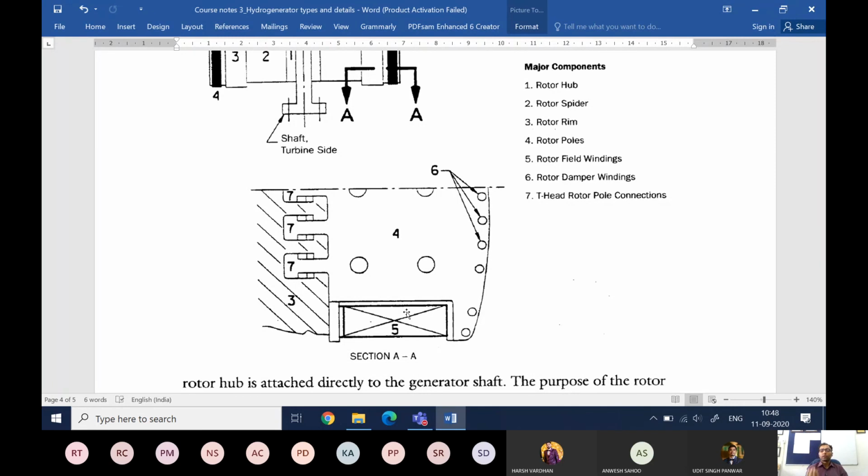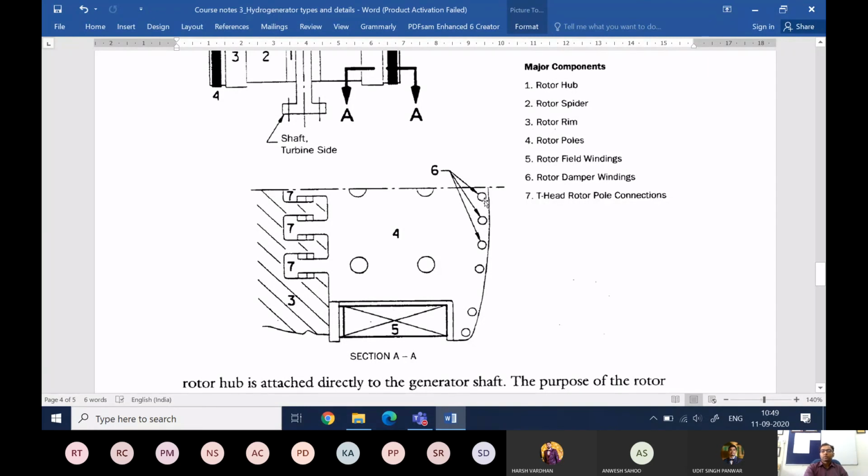So the winding will be enveloping it in the vertical plane. So this is number 5, cross section of the winding. And as we understand by right hand rule, according to the direction of the current, either the field will be going out, which is the north pole, or reverse direction, field going in, that is the south pole. And as we discussed, alternate will be north and south.